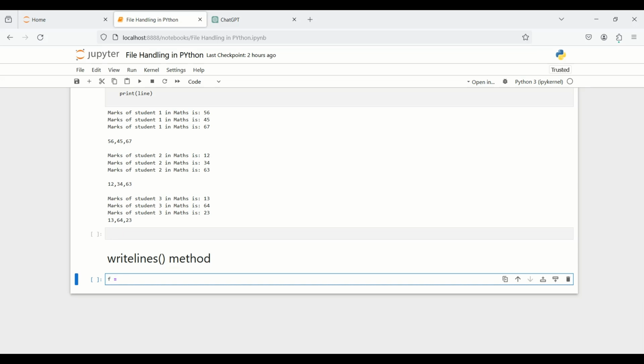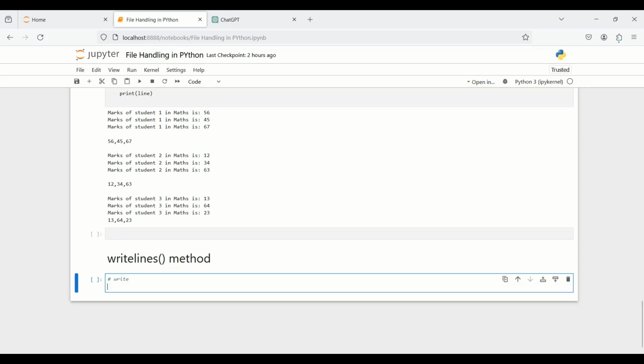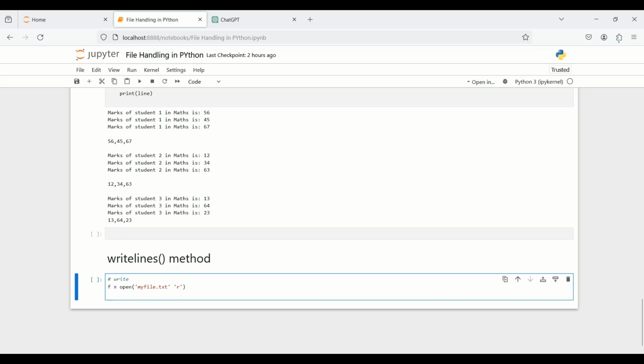First, the writelines method in Python writes a sequence of strings to a file. The sequence can be any iterable object, as we know, such as a list or tuple. So here is an example of how to use the writelines method. For example, this is write: f equal to open my file dot txt comma write, and then lines equal to